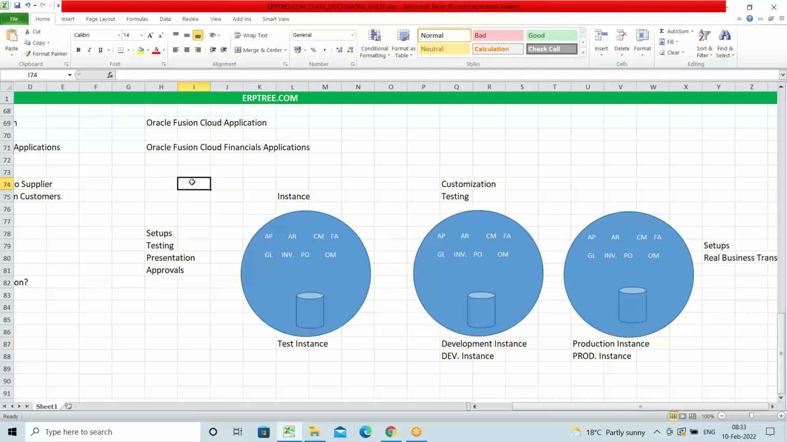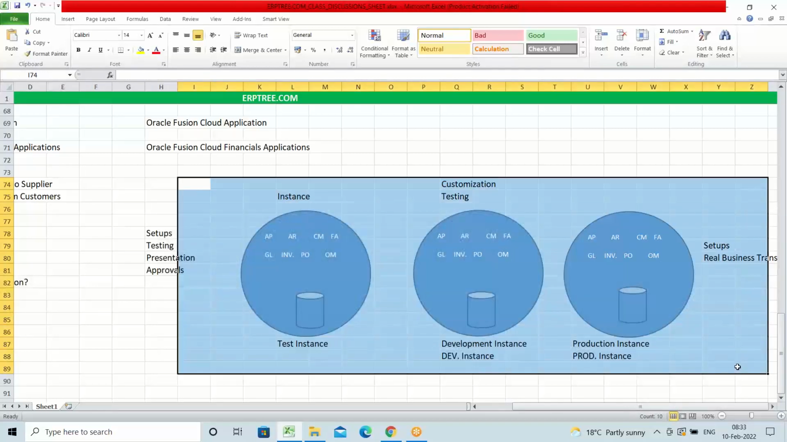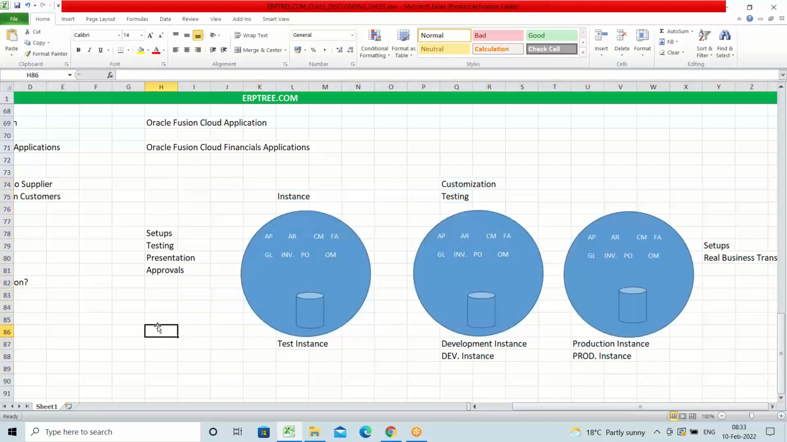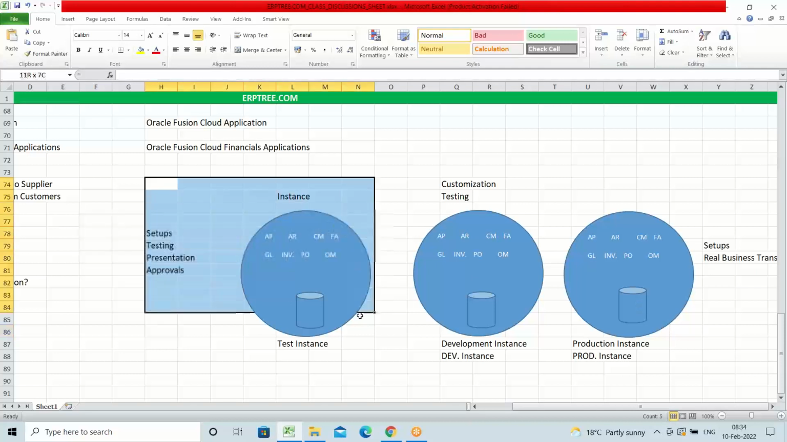But by default, this is what we have to understand, the instances which we use: test and production. If any client wants to use a development instance separately, they have to pay extra to Oracle, and they can get it. Otherwise, in most implementations, you see test and production. When we start with the implementation, we get access to the test instance only. On the test instance, you do the setup, testing, presentation, and approvals, and once everything is done,